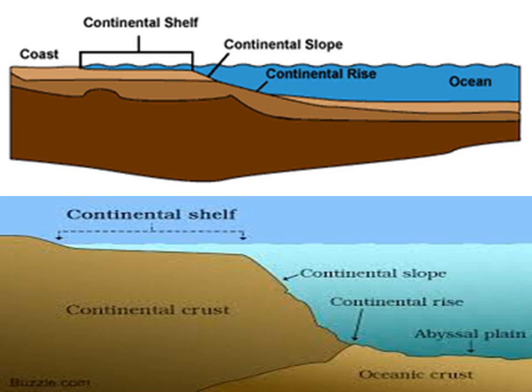The first one is the continental shelf, a shallow and gently sloping platform extending out from the adjoining continental landmass into the sea. From the coast area to the sea, that is called the continental shelf. It is almost a uniform zone of seabed with a gentle gradient. Shallow means a not-deep area, that gently sloping platform is called the continental shelf. And the continental shelf is of great significance for the following reasons.